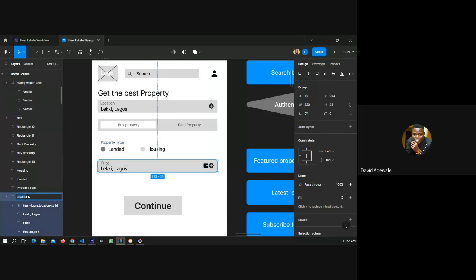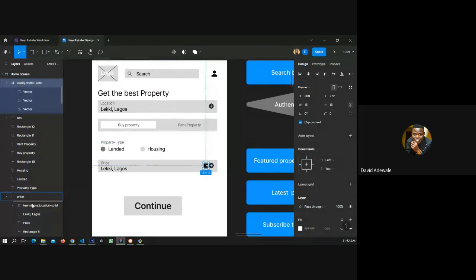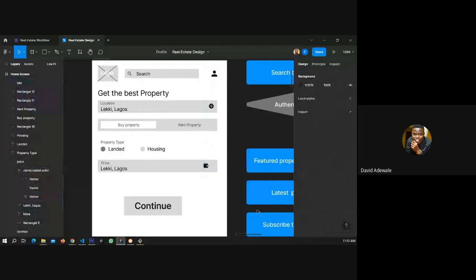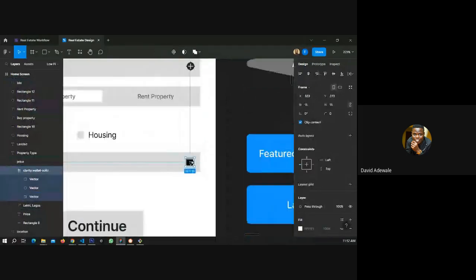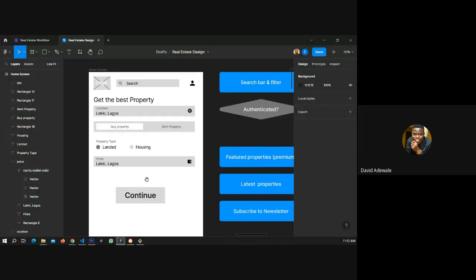Let me rename this as price. And in this one, remove this one. I thought I'm using auto layout. Sorry. Okay, so that's for that.